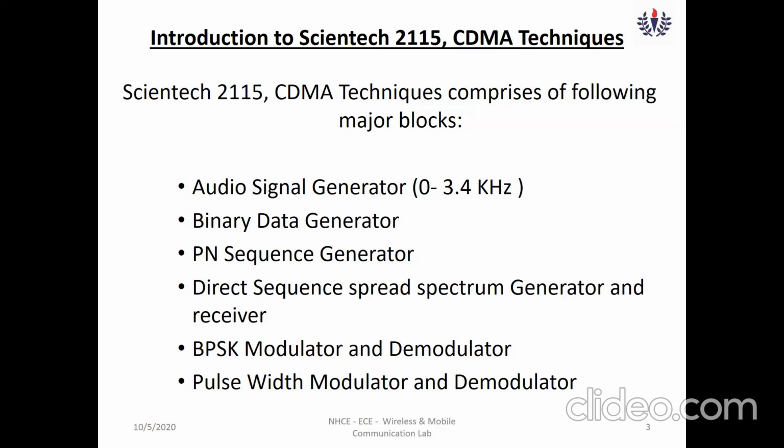So this 2115 trainer kit is composed of 6 main units: audio signal generator, binary data generator, PN sequence generator, direct sequence spread spectrum generator, binary phase shift keying modulator and demodulator, and pulse width modulator and demodulator.